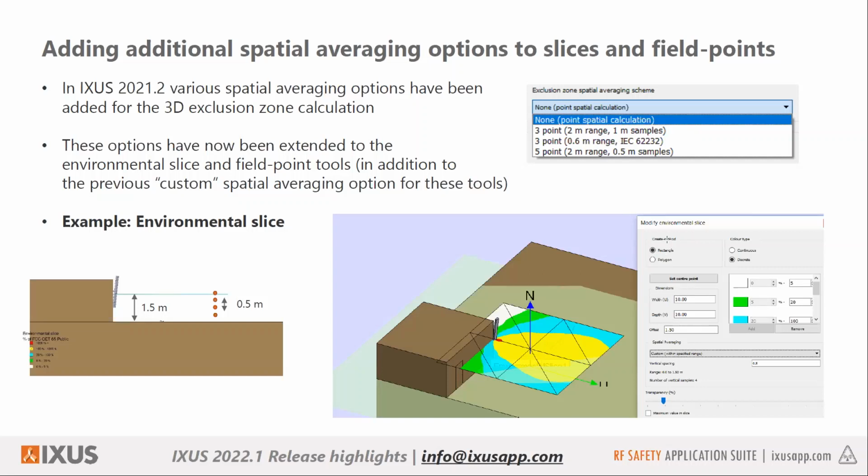A lot of you guys have already been using spatial averaging with these slices, and that functionality remains intact. It is only now accessible via the custom option. So for the environmental slice, you select the custom option and you specify the vertical spacing that you would require, and then it is applied to this particular range. So if this environmental slice is associated here at, let's say, 1.5 meters, and you select this spatial averaging scheme, then it'll place samples as I show here with these little dots and return the average value here on the